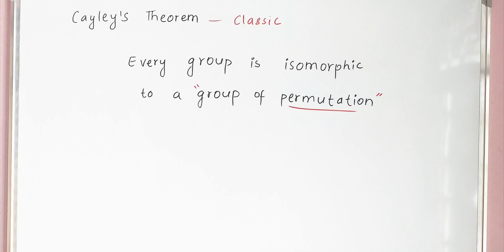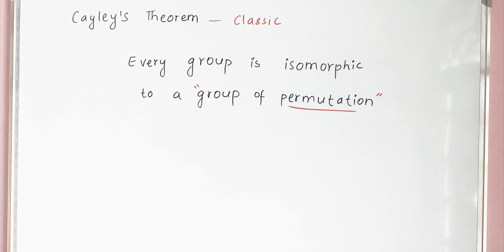Hi everyone, this video is on Cayley's theorem. It states every group is isomorphic to a group of permutations. This theorem is considered a classic of group theory, and what a discovery this theorem is, what a generalization this theorem is. To every group,